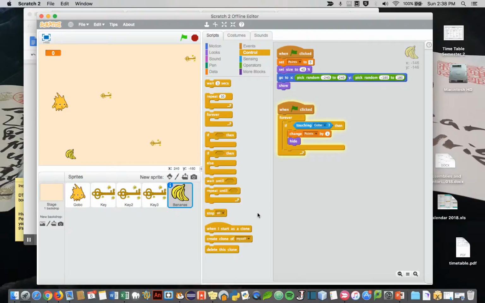But when you make a clone, you have to program the new one, the new clone, to act like the green flag. So when I start as a clone, what happens when I am a clone? Not just when I'm a green flag, but when I'm a copy of the banana. Okay, so the moment the banana is programmed to do this, but if I make a clone, what will the new banana clone do? And so we can copy this code,